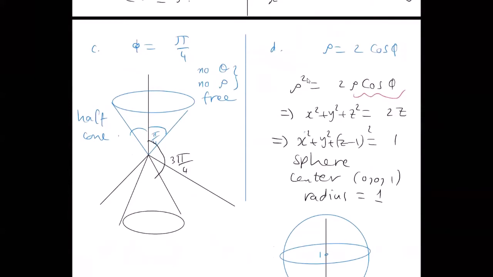Another example, phi. Now phi equals pi over 4. What do we have here? No theta, so it's independent of theta. Theta is free to be any angle. No rho, so rho is any distance, any point with any distance. The only condition here is to have this angle. The point P, whose position vector OP makes an angle pi over 4 with the z-axis. The phi is the angle of the position vector OP with the z-axis. So whenever